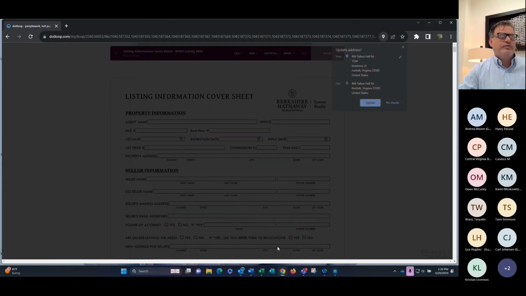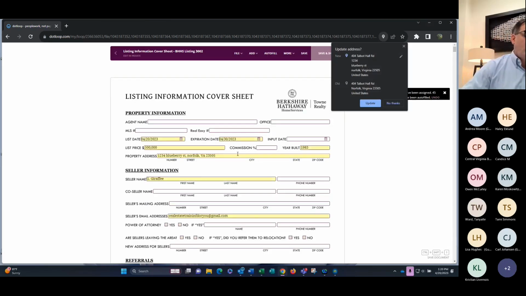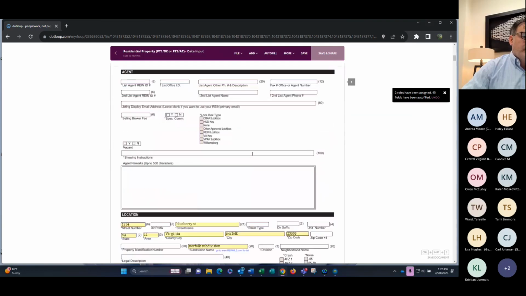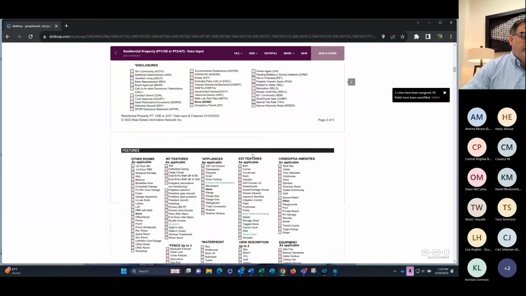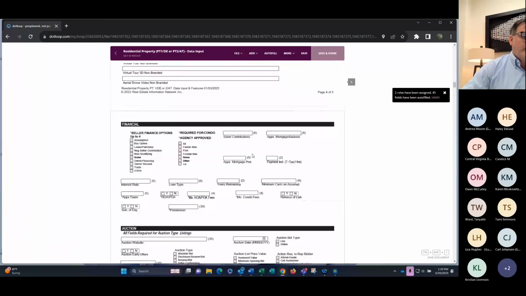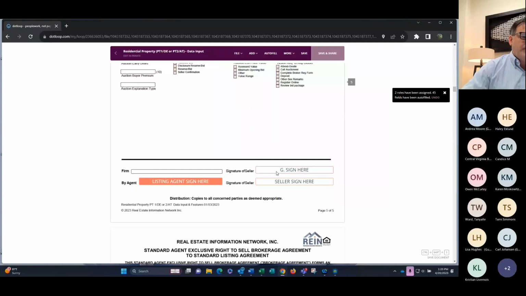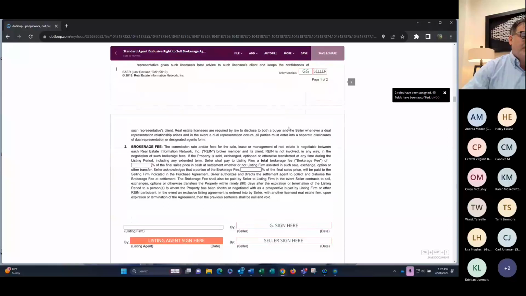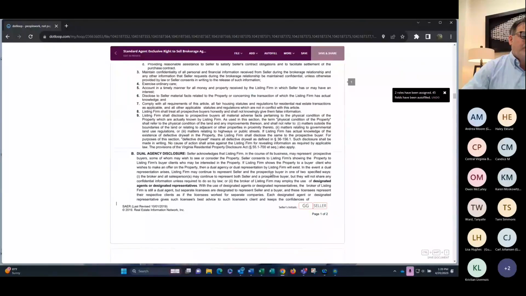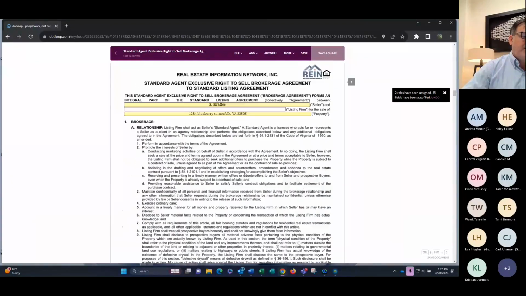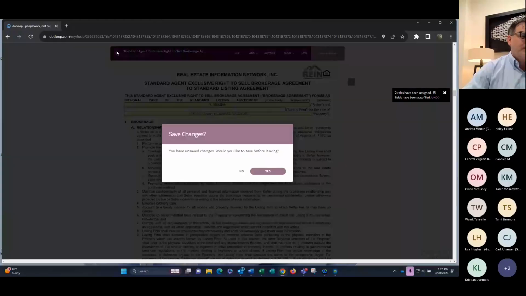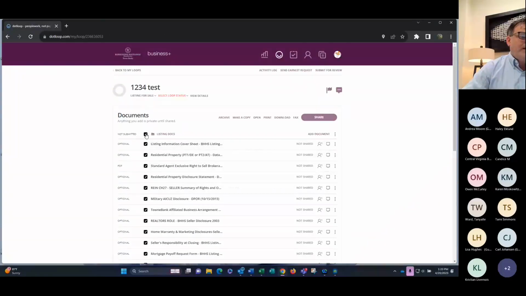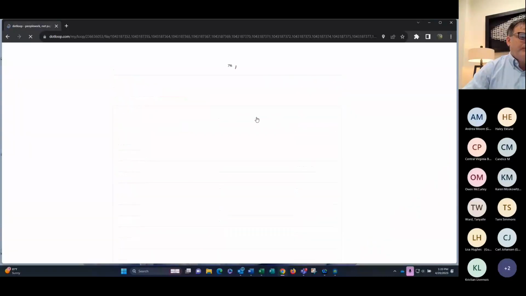When I click autofill, this has all the information in yellow. Just scrolling down. G, sign here. GG, sign here. So there was a lot of concern or questions with people saying they had to go in and add each document. If you do all the documents at one time, when you open them,